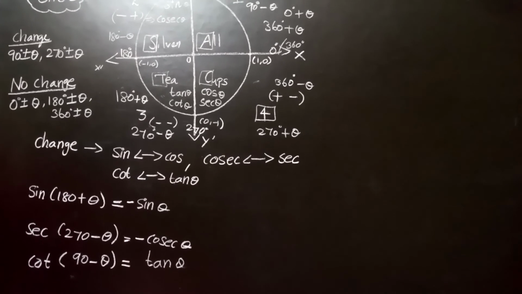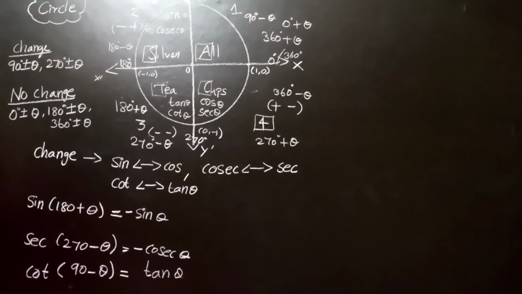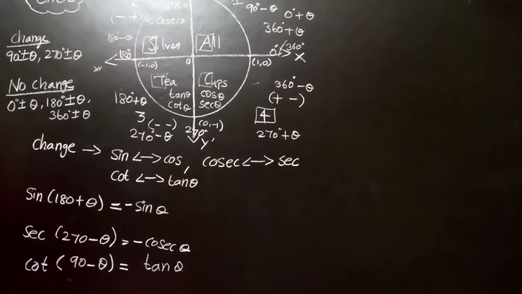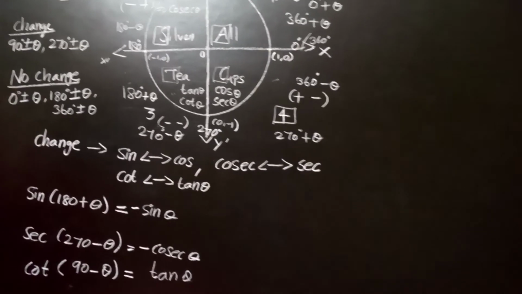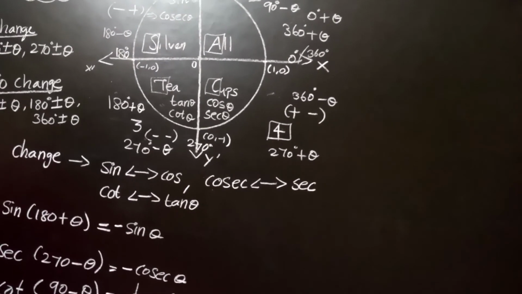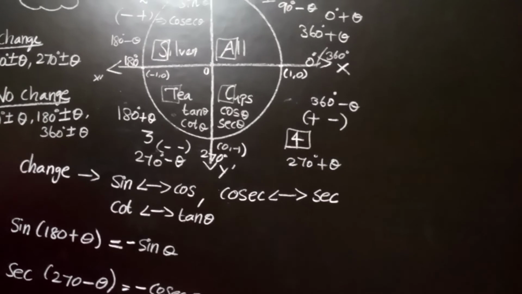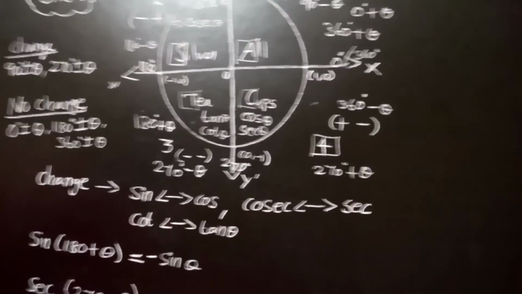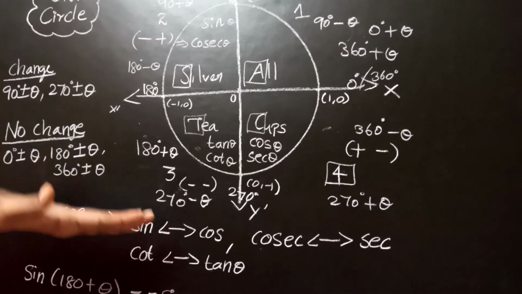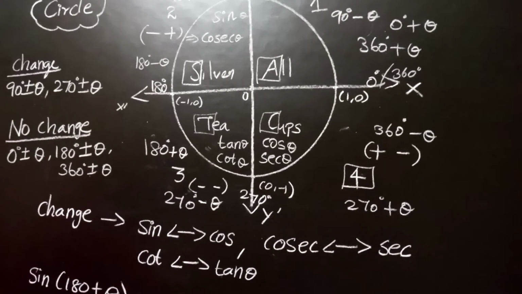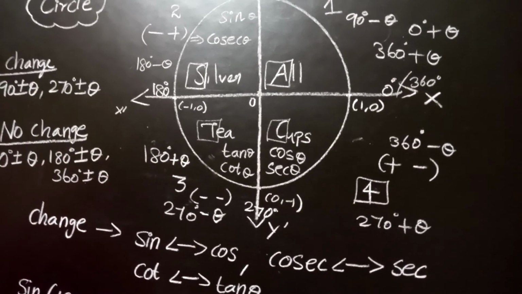That's all, students, very easy. Whatever number is given to you, for example 330 or 390: 390 means 360 plus 30, so we can take it, and only the 30 degrees will be the answer. Whatever angle is given to you, it can be split by 0, 90, 180 and 270. If you split it, definitely a special angle will occur in your paper. That's very easy to answer.